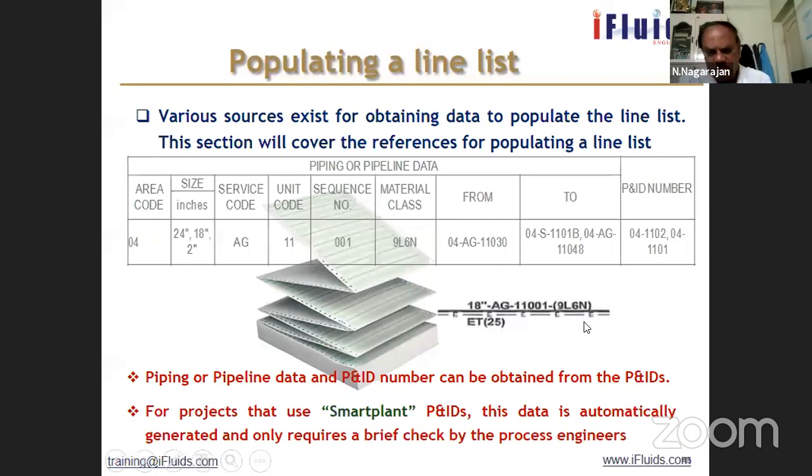Nowadays, there is smart plant software which develops the P&IDs in a smart format, which will have all the details input into the P&ID itself. So whatever conditions we have seen, line attributes, equipment attributes, valve attributes, we put all the data inside the P&ID, and it is called the smart plant P&ID.